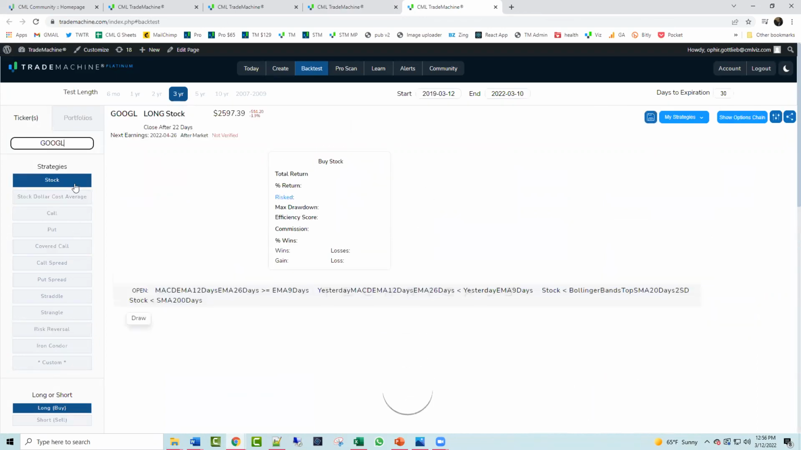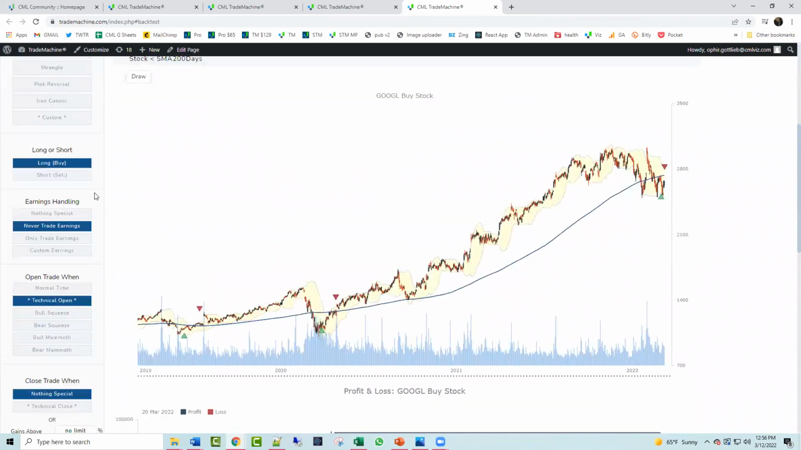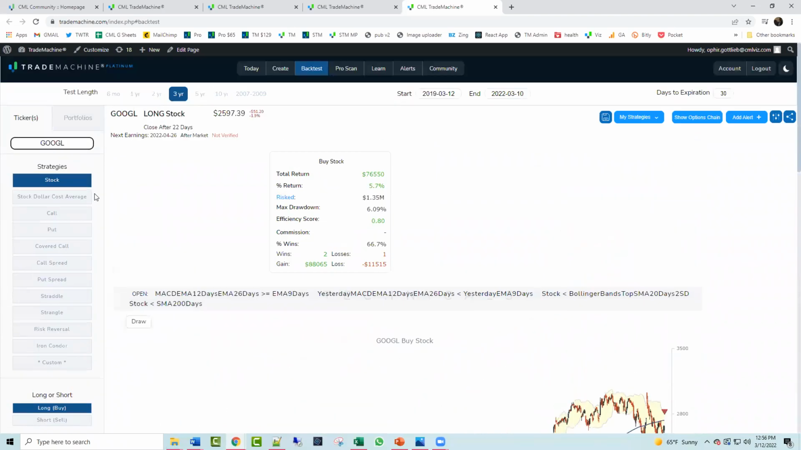You say, oh, okay, well, now I want to see if I got long a call, or a call spread, or short a put spread. This is a stock backtest. Last thing about the backtest tab, and then we'll be done with Today, Backtest, Pro Scan, and Alerts,